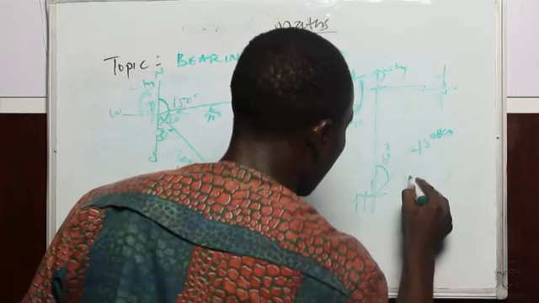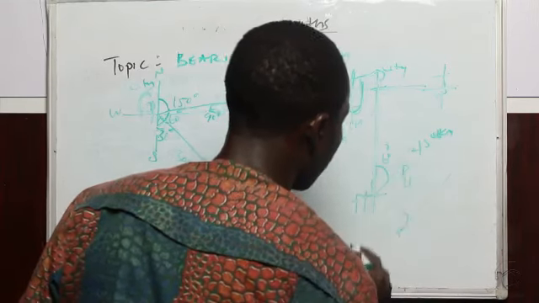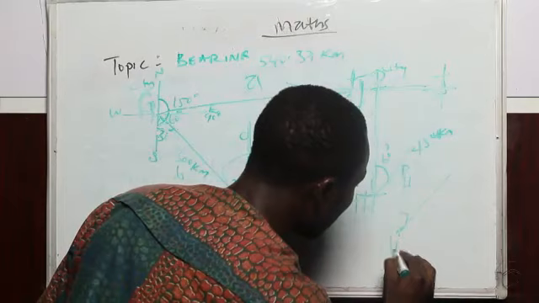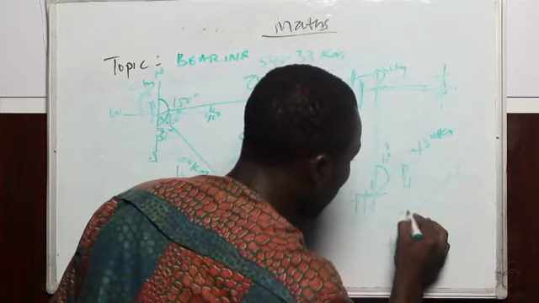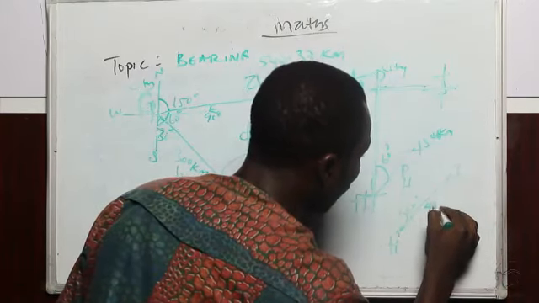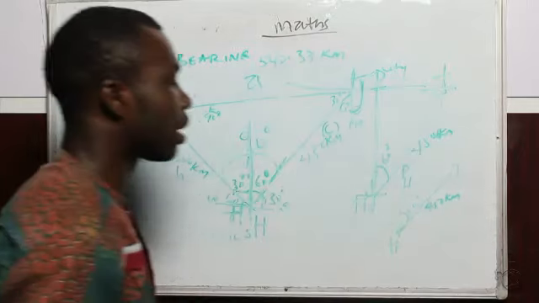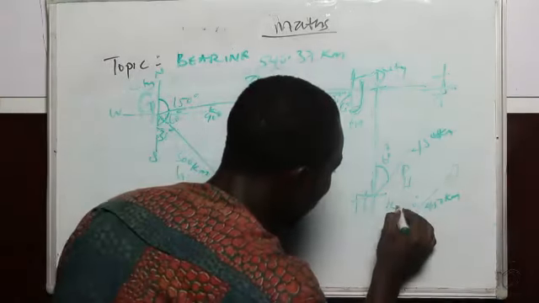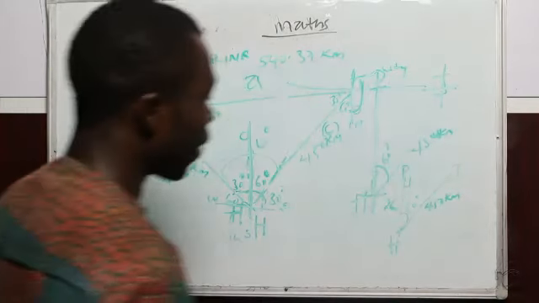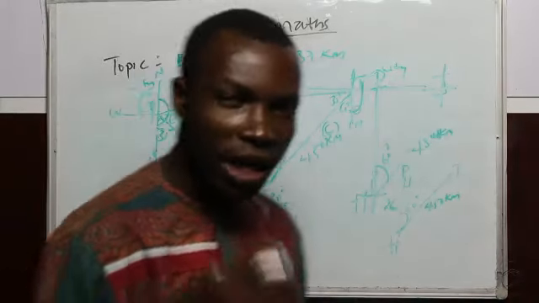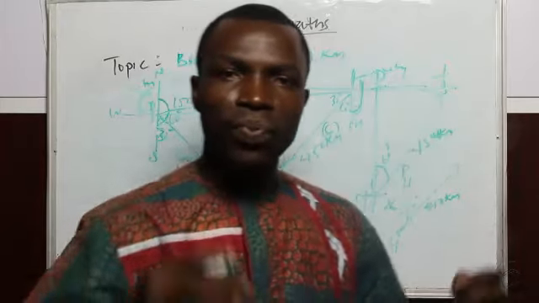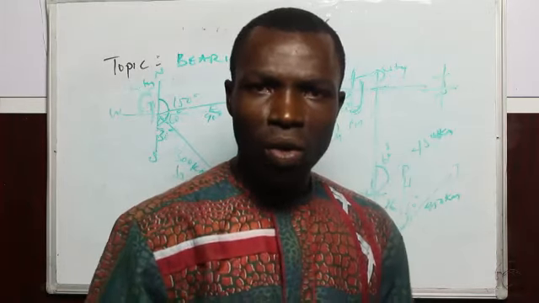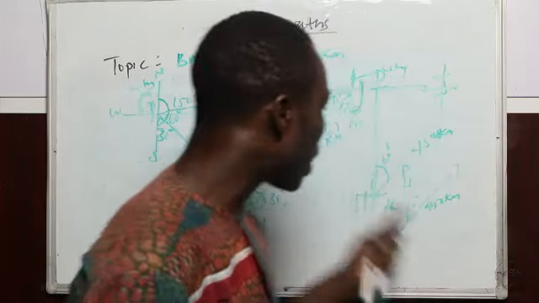Forming a right angle triangle, let's represent it as P. This is H, this is J, 60 degrees and 450 kilometers. So it is this north they asked us to find, which is the value of X. Very simple. I remember when I was teaching you trigonometry ratio, where we use the SOHCAHTOA method, we can apply our